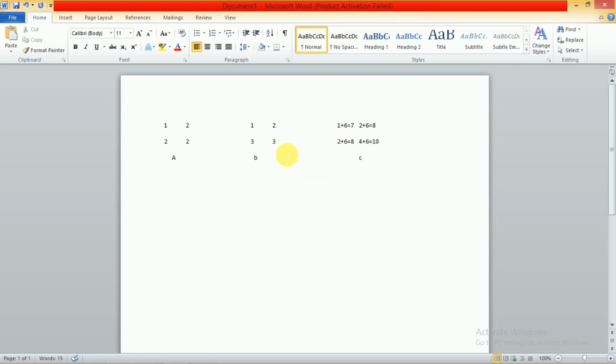But how to represent this? Each time, when you multiply, for the first element you have to consider A of 0 0 and B of 0 0, and then A of 0 1 and B of 1 0. Similarly, for the next element you have to consider A of 0 0 and B of 0 1, plus A of 0 1 and B of 1 1. In this way you have to write a program.